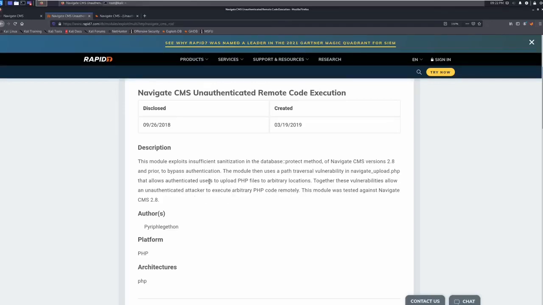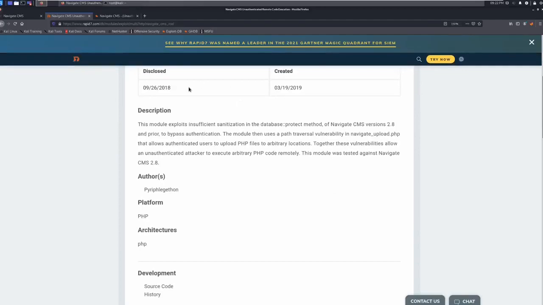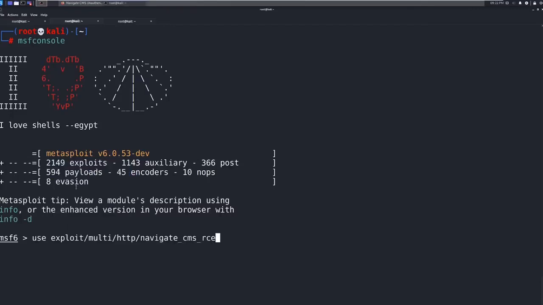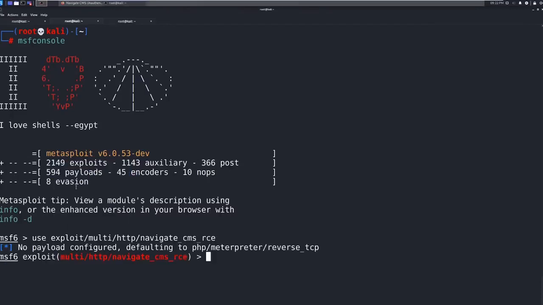First it's bypassing authentication. It's then uploading malware, which uses a path traversal vulnerability to do that via the authenticated user, and then uses that to do remote code execution. So this is a chained attack here. This is pretty unique. So we're going to go ahead and go in here and just paste. Hopefully this works. This is Metasploit 6 I'm on. And it does. Okay, so when we're